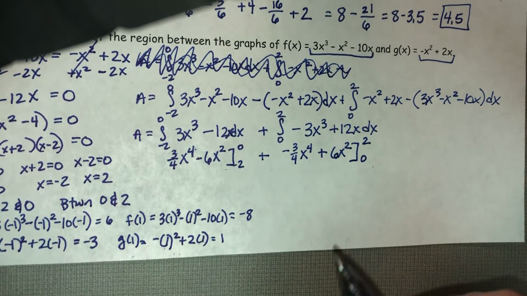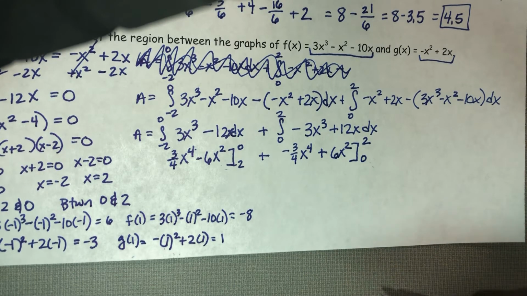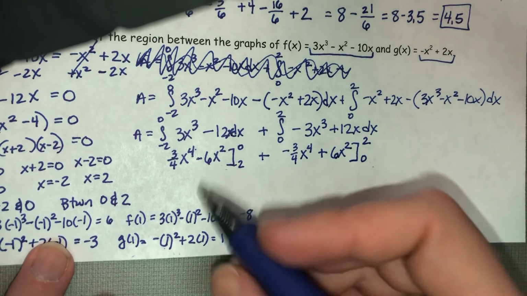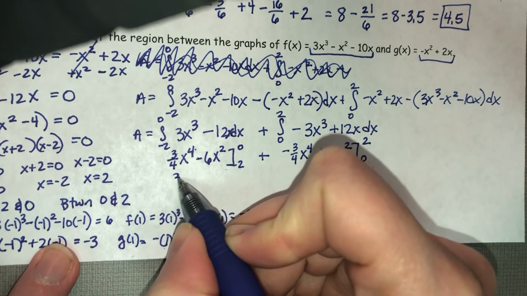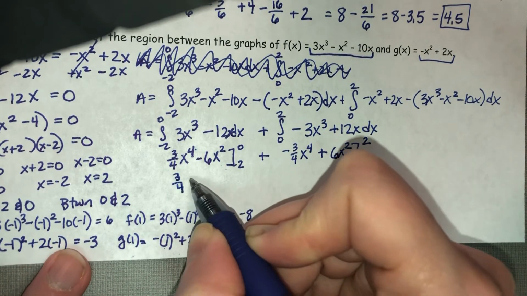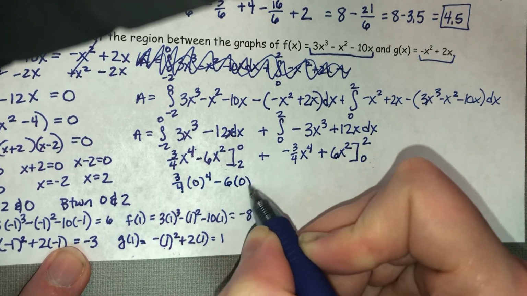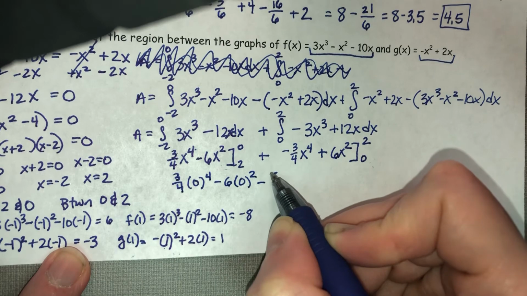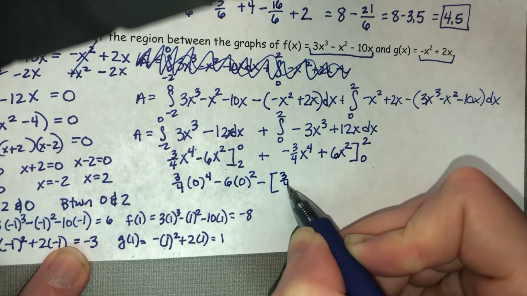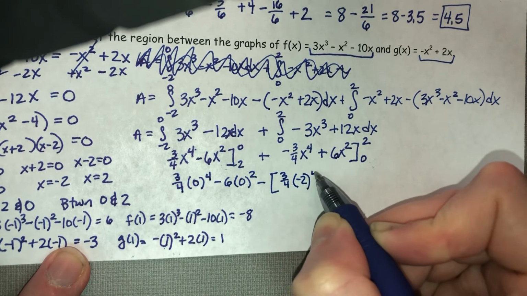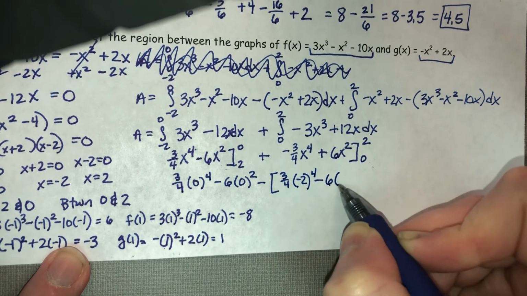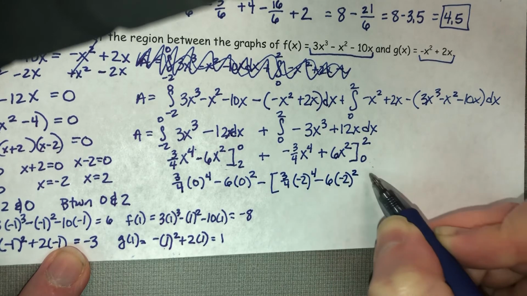So now we're going to sub in the upper limits and subtract what we get when we sub in the lower limits of integration. So we'll have 3/4 of 0 to the 4th minus 6 times 0 squared minus 3/4 of -2 to the 4th minus 6 times -2 squared